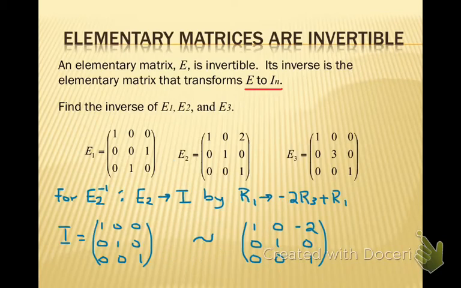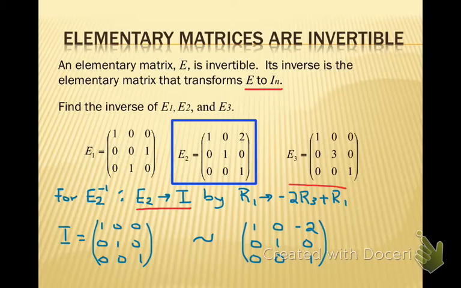Just in case it's unclear, let's go step by step through the process for finding E2 inverse for the matrix E2, the elementary matrix E2. So again, we first want to know what row operation was performed on E2, or needs to be performed on E2, to get to the identity. And we found that that row operation was that row 1 has to be minus 2 row 3 plus row 1, because that will help us eliminate that 2 and make it into the 0 that we need for the